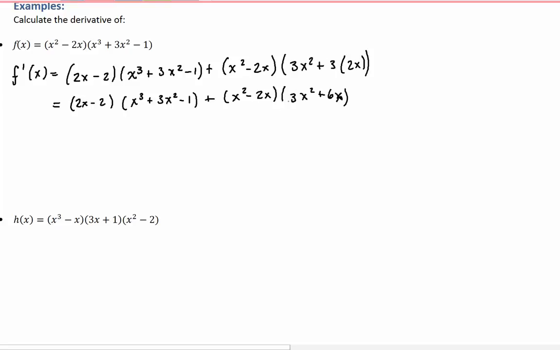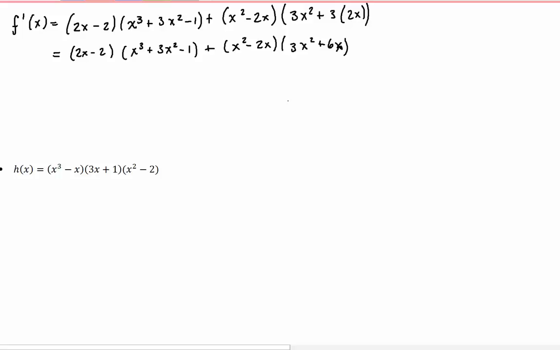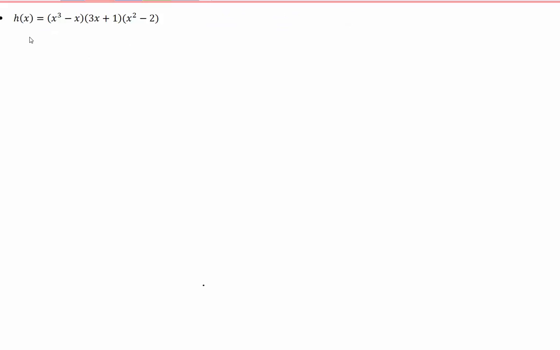So if you can do it 2 times, you can do it 3 times as well. And the way you do it is just by doing the following. You would take the derivative of the first, in this case is going to be 3x squared minus 1 times the other two,